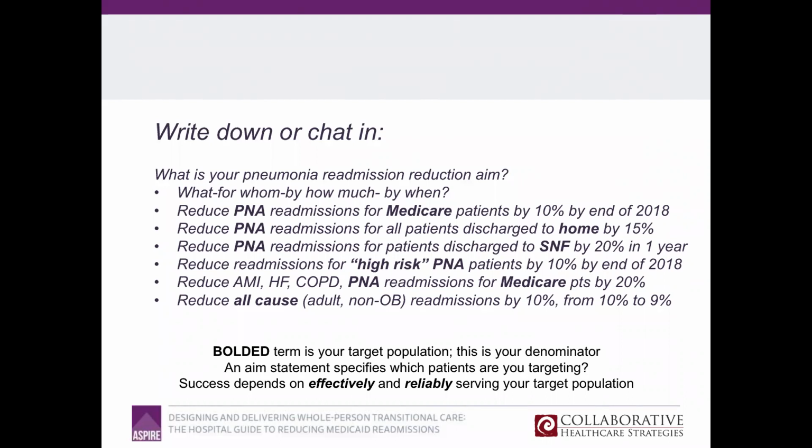Why do I emphasize this? I emphasize this because you have to know who you're focused on, and you have to know how far you have to go. So a 5% reduction, a 10% reduction, that's a really good magnitude for within a year, especially if we're in May and we're looking to improve by 5% by the end of the year. The magnitude of improvement tells you how intensively you need to work and how intensively you're going to need to deliver services as well. So thank you, Amy.